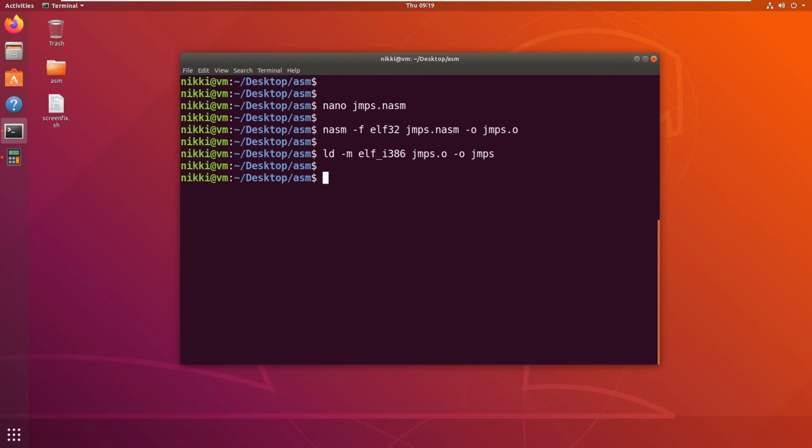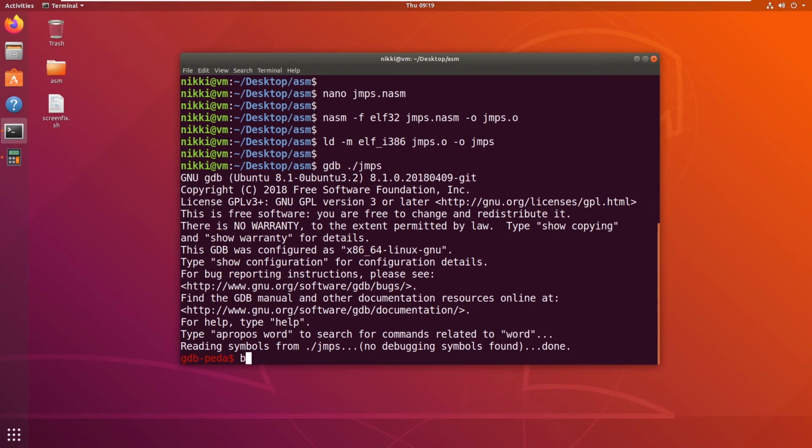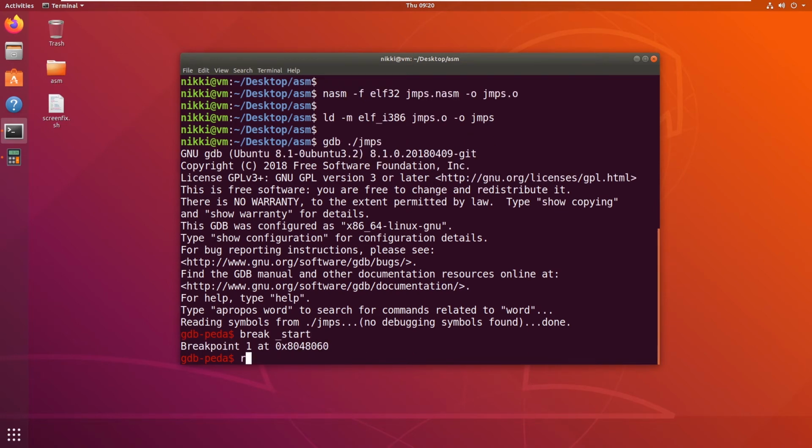Since we are not printing any output, I will be opening the executable directly in the GDB debugger. Now let me put a breakpoint at the start function, since we know that there is a start function. So now let's run our program.